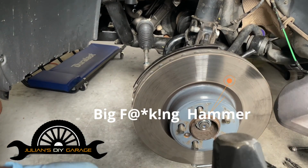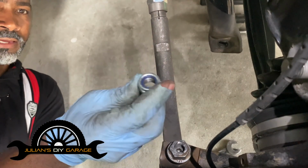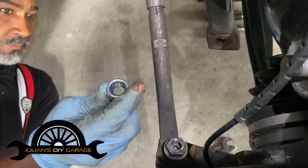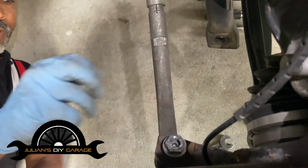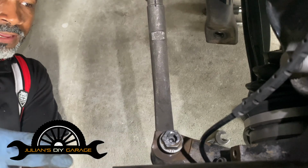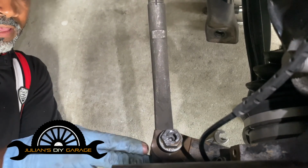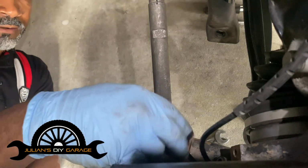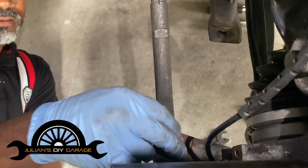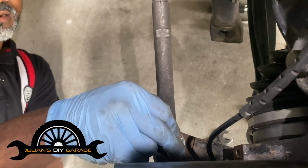I've got my BFH, my persuader. Okay, so here's our new nylon nut. We don't want to damage this one. But I also don't want to use the fork because it's a brand new tie rod and we'll damage the seal and the bushing, and we'll have to buy new tie rods. So I just put the old nut that I had from the old tie rod, kind of flush it,